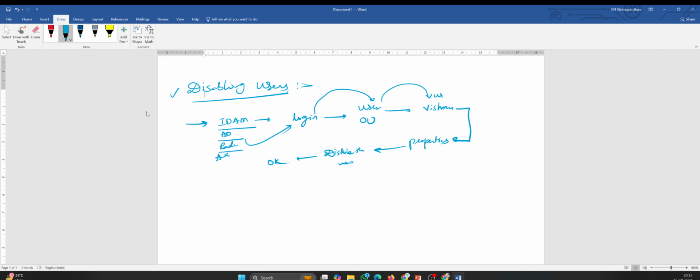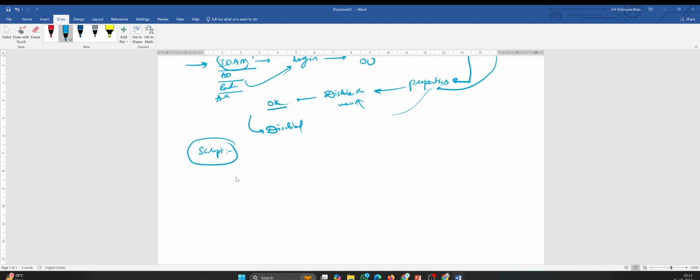If it is a standard procedure, can we do this in a script method? Is it possible to do the scripting for this? This scripting is known as playbook management, and also known as automation script. This is the GUI method. This is the CLI method.